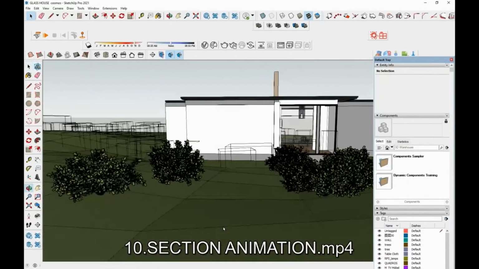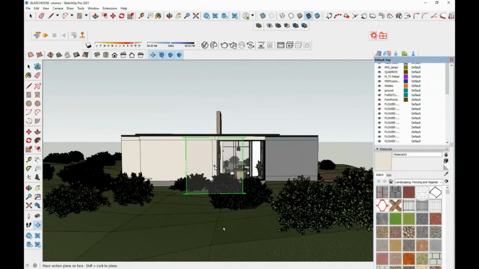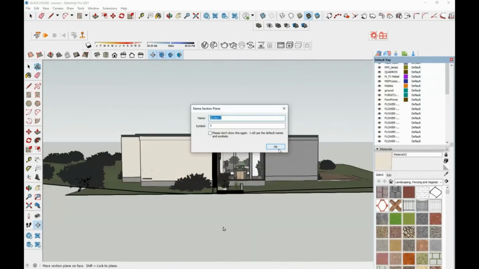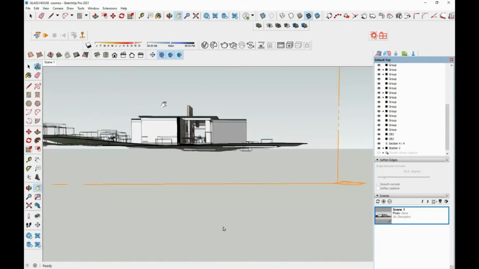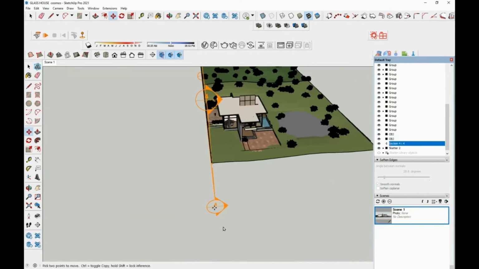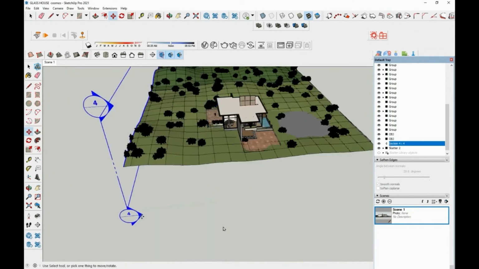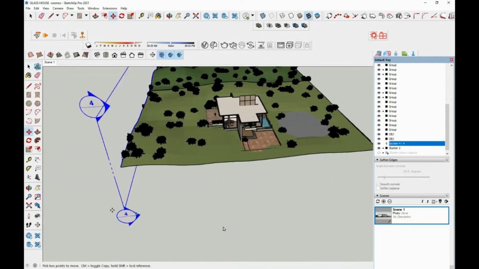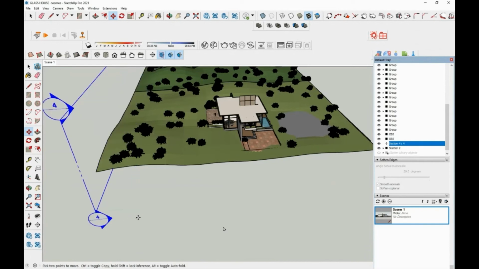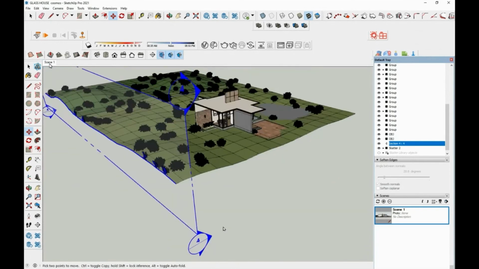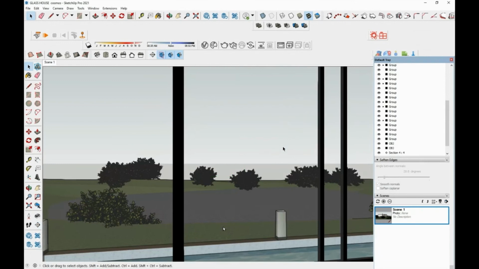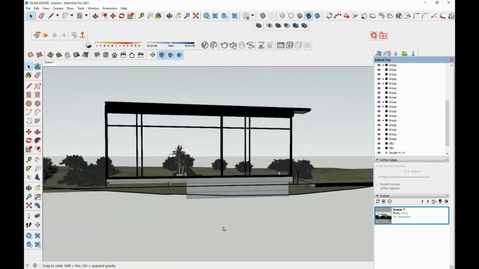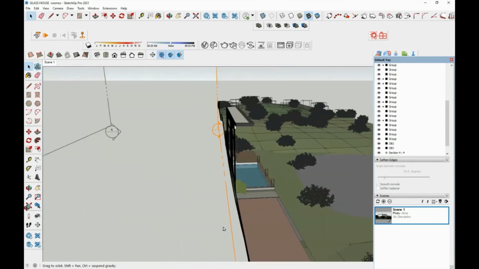Here, to create an animated section, first you need to take a section at the first end, at which you want to end the transition. So I took the section at the first end, then created it as a scene. And now on the other end, take another section. So this is the other end where I want to begin the transition.